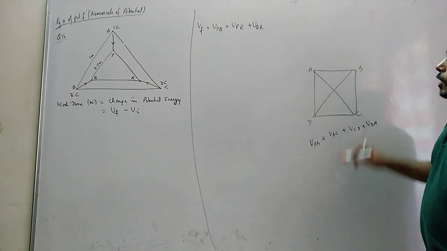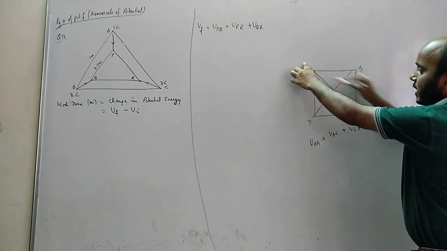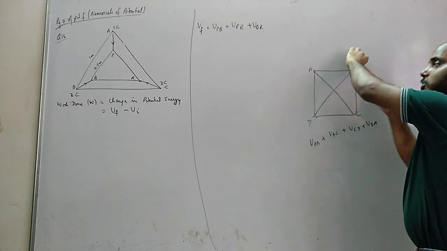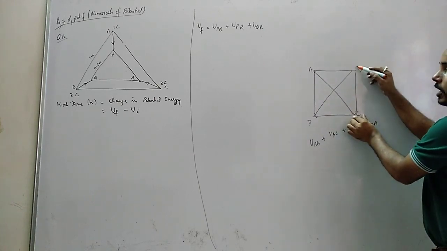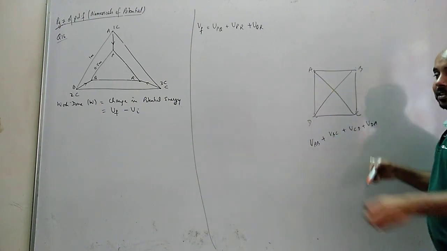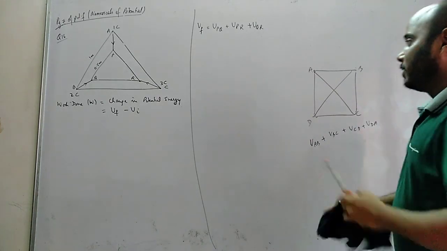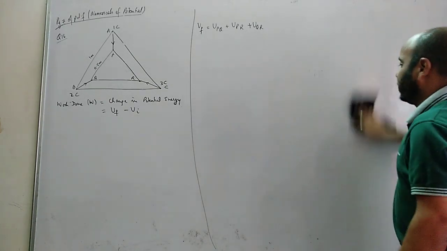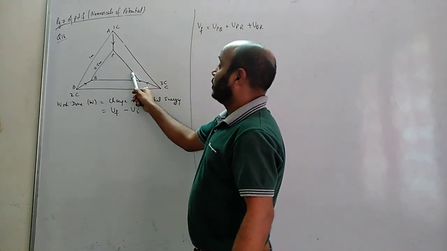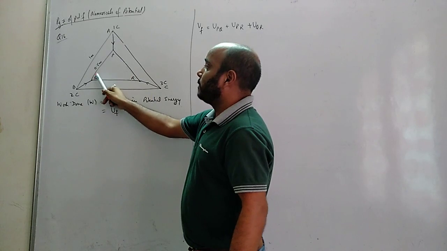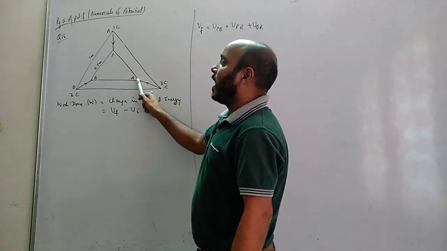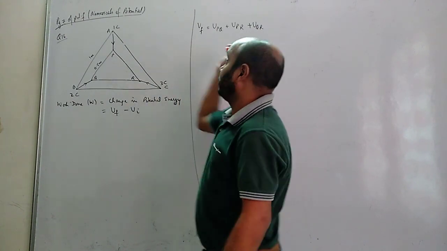So what you do is go like this. With A: AB, AC, AD. Then with B: BC, BD, BA is already done. With C: CD, CA is done. Then with D. Like this, automatically you will understand how many pairs we can make. I have shown you here: with P, make pairs, PQ, PR. With Q, make pairs: QP we cannot make, we already had it, so QR. Next, with R, RP is already done.